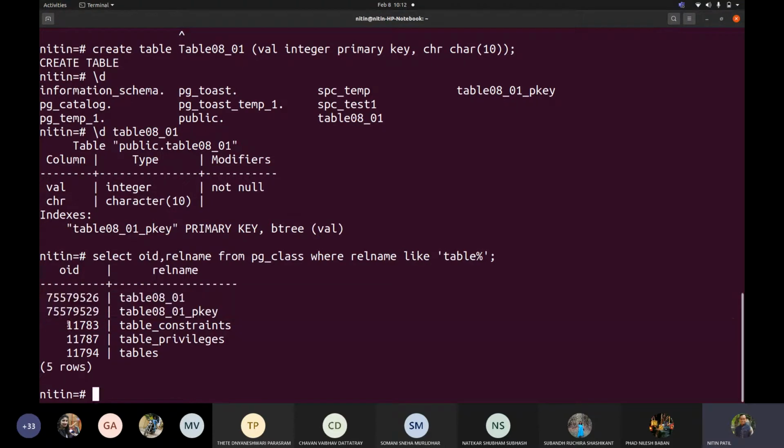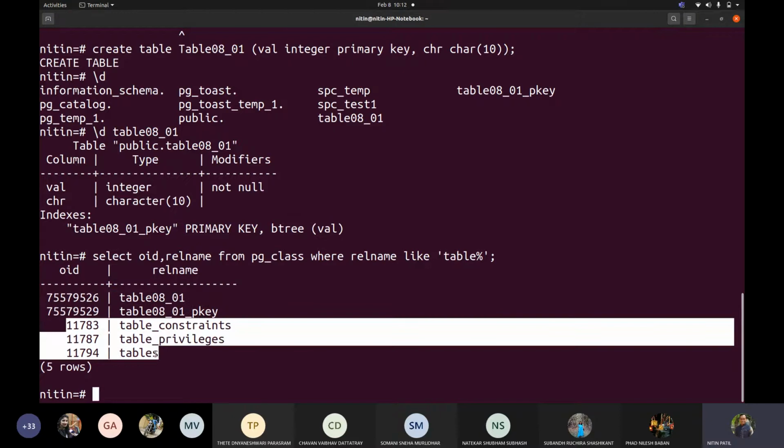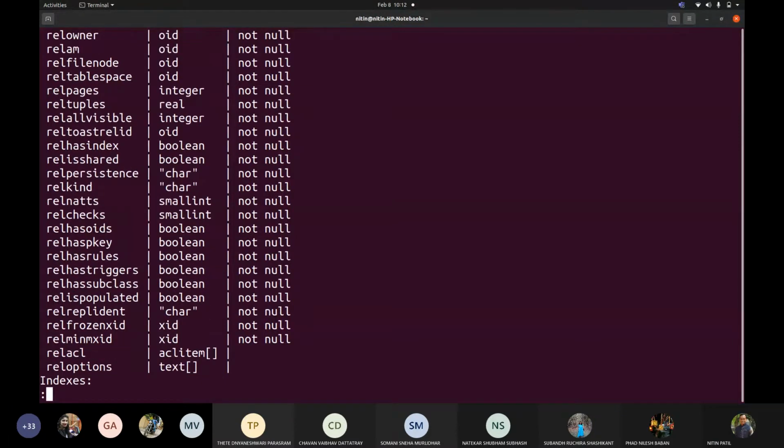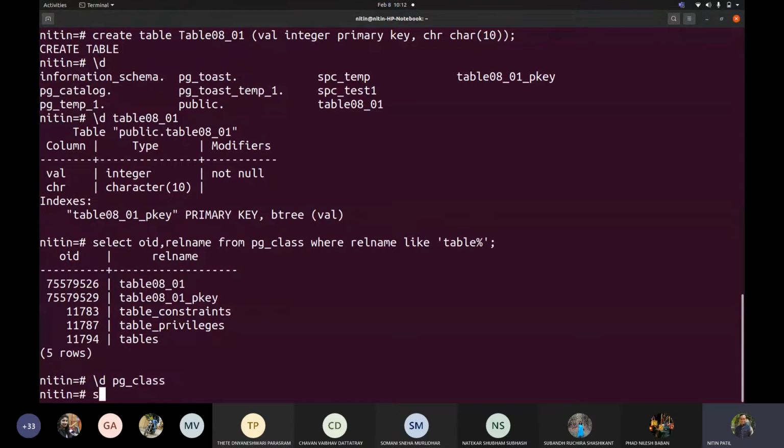Suppose if I want to see them, let us see, do we see relation kind? Correct. What exactly is it? So select star from PG class where OID is equal to 11783.